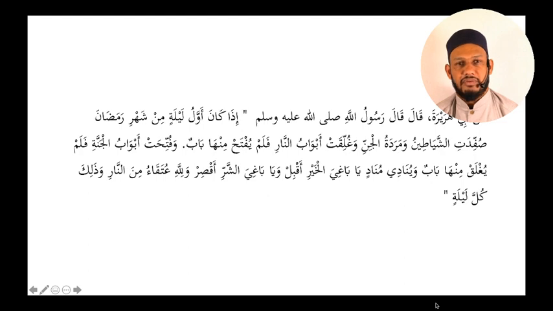The reality is that for a believer, life is a precious gift. And it's a gift that the believer is always aware can be taken away and can end at any moment. And therefore the Prophet ﷺ says, do not wait for the evening when you wake up in the morning. One of the spiritual advices from the Prophet ﷺ: if you wake up in the morning, don't be sure you're going to reach the evening, and if you go to sleep at night, don't be sure you're going to reach the morning.